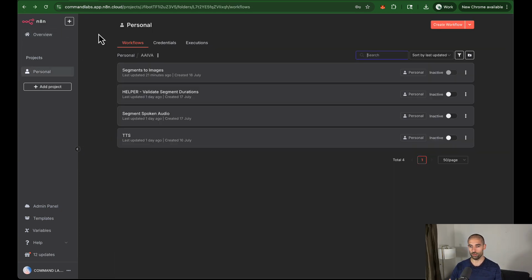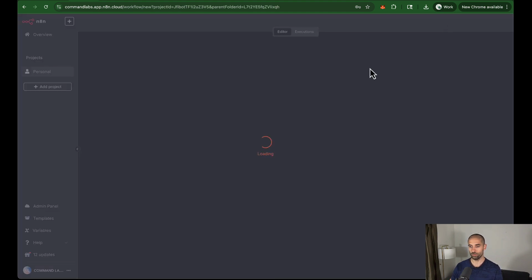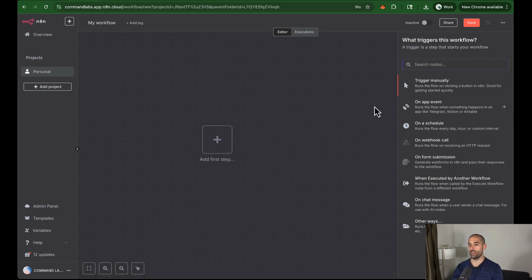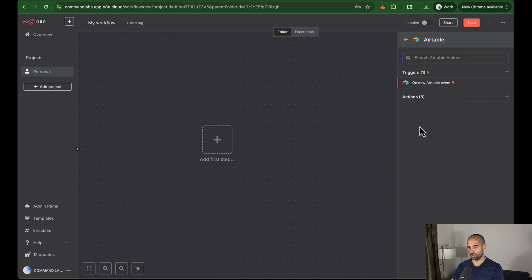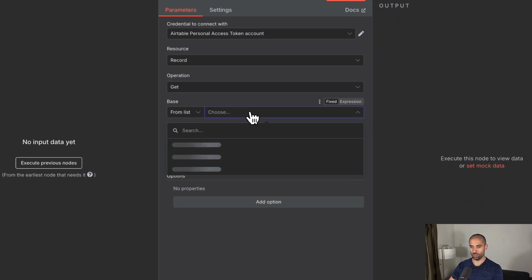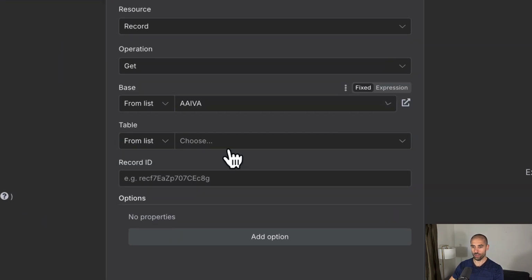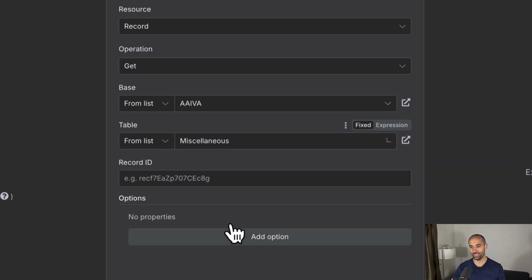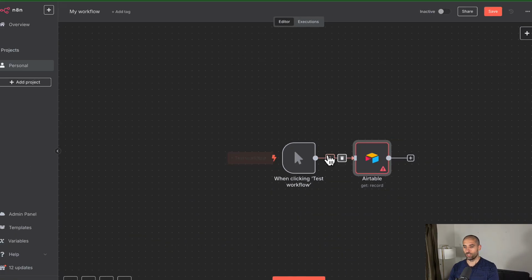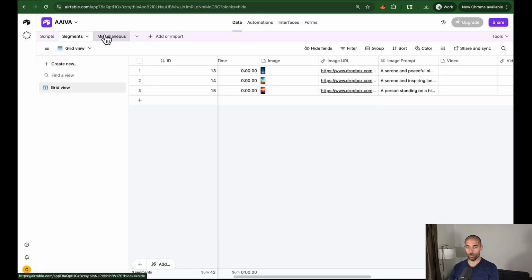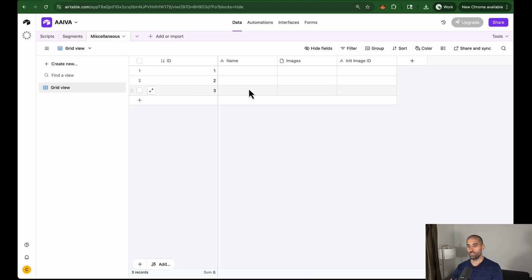So let's exit out of the segments to images workflow and let's create another workflow. This workflow is going to start with an Airtable get a record node. We're going to be pulling from the AAIVA base, and the table we're pulling from now is the miscellaneous table. So if we switch over to Airtable and come over to the miscellaneous table, let's add